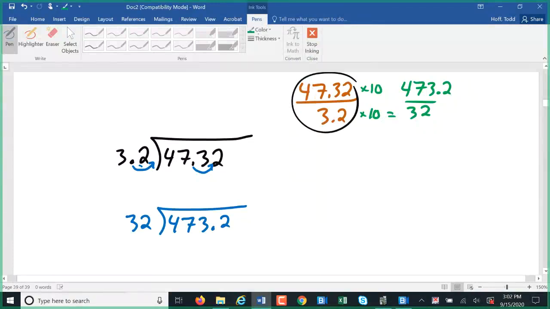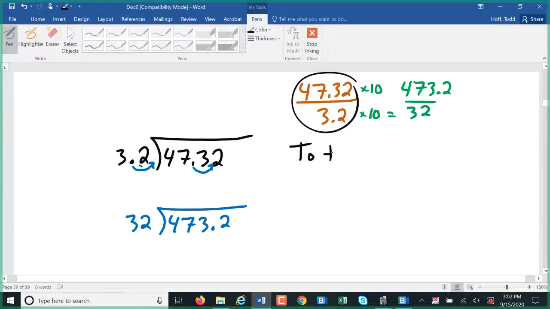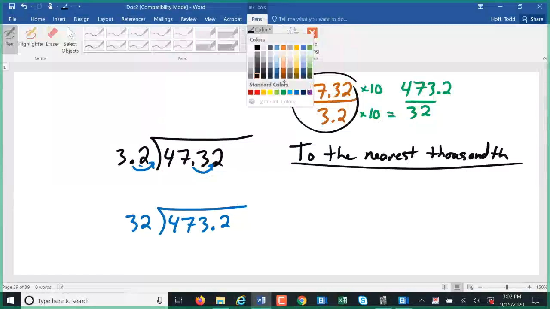Now let's say I tell you that I want this calculated to the nearest thousandth. Well, let's take a look at how this gets done. So